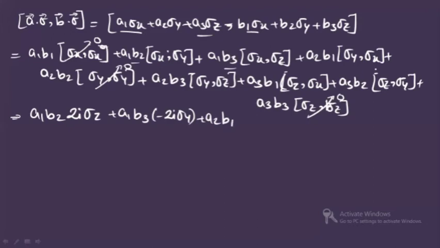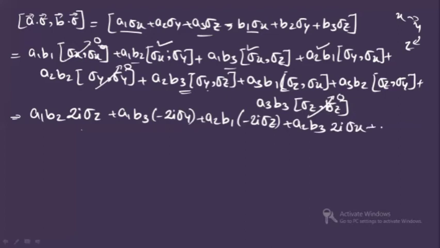Plus A2 B1 yx, so again you will have minus 2i σz, because if it goes anti-clockwise it is negative. How it is, x y z, it must go clockwise. If it goes anti-clockwise, then it is negative, right? So we have written 3 terms. Now let's come to this term. It is plus A2 B3, y and z clockwise, so it is 2i σx. Again you have plus A3 B1, z and x clockwise, so it is 2i σy, right? The last is what?